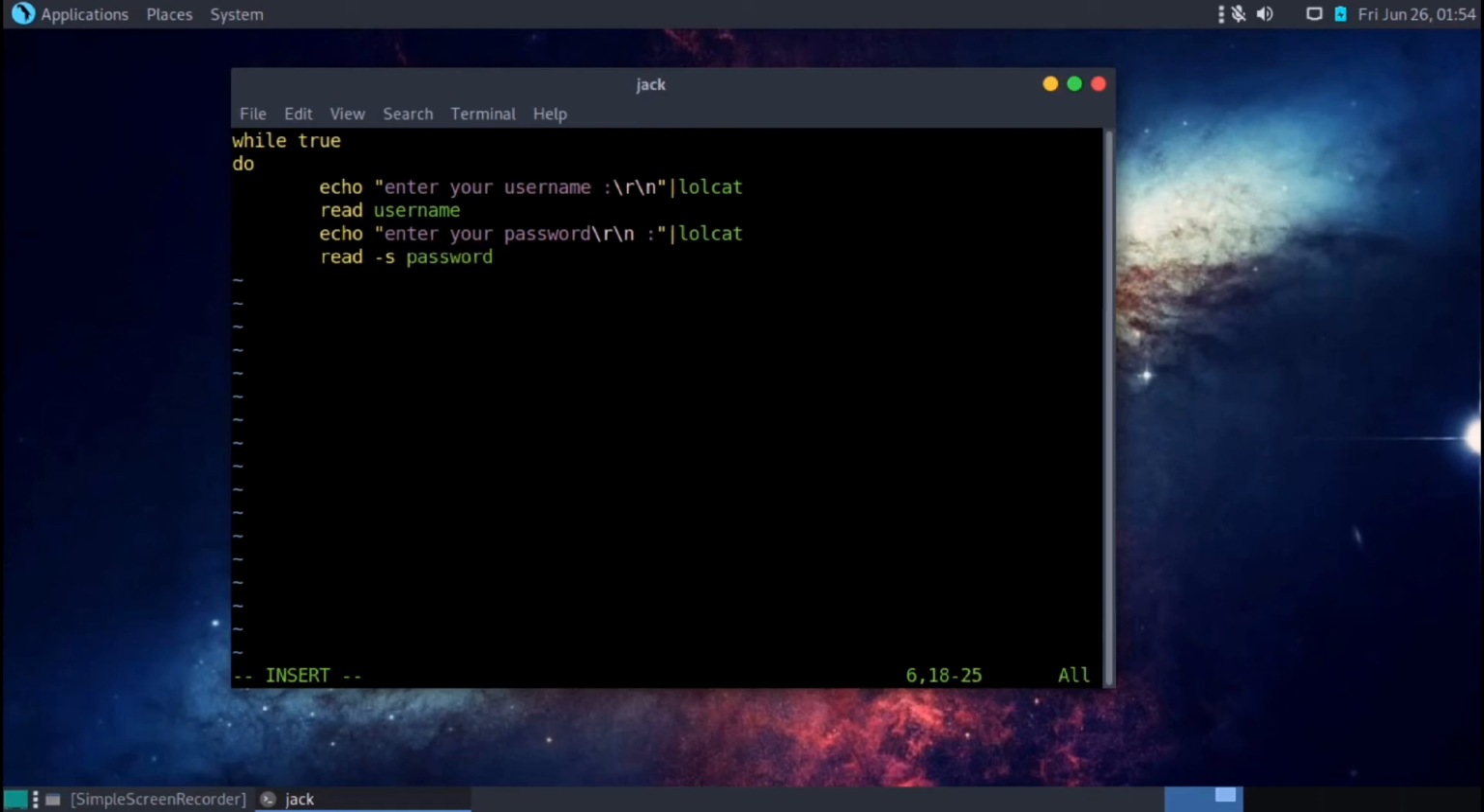shown in the terminal. So okay, so now we will do if username is equal to Nico, and password is equal to Jack. Then simply you have to